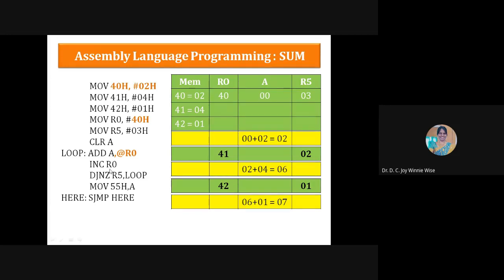Next we are incrementing R0 to 43, and then decrementing this R5. We are checking, we are decrementing, it is 0, right? So we have to execute the next instruction. The next instruction is that the accumulator content is transferred to memory location 55. Instead of storing in external memory, 4000 or 5000, I am storing the data in an 8-bit address. So no need for the DPTR register here. The data available in the accumulator, that is 07, is transferred to memory location 55. That's all. Halt. So I hope you understood this.